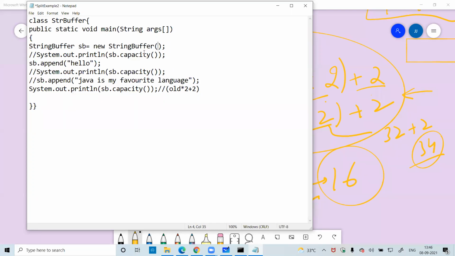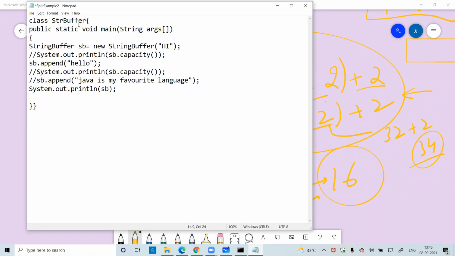I will write here hi. It means I currently have the buffer hi, and it will append the data at the end of hi, that is hello. Let's run the code.